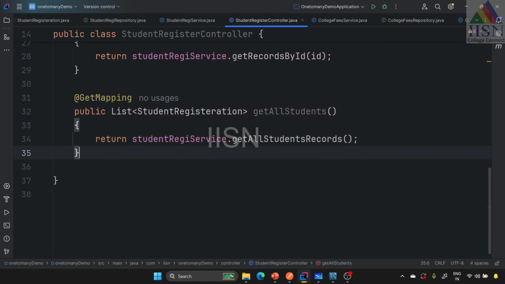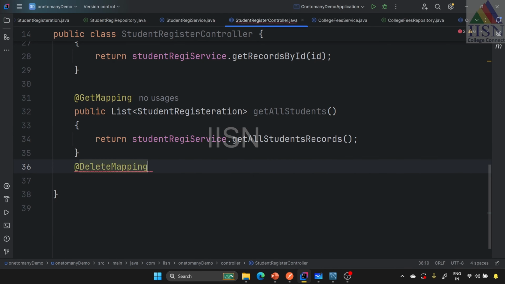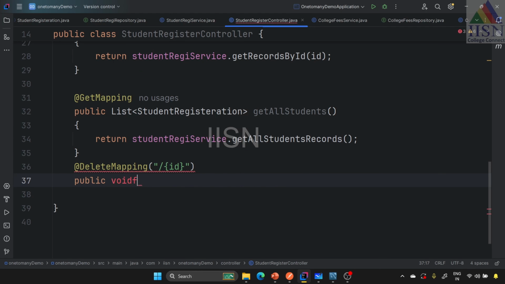Then we are going to perform the delete and update operations. For performing the delete operation, I'm going to use the DeleteMapping. Inside this, I'm going to pass one particular record. So I'm going to use the @ID annotation, sorry, the @PathVariable annotation to read the values. Here it is not going to return any values, so I'm going to use void delete